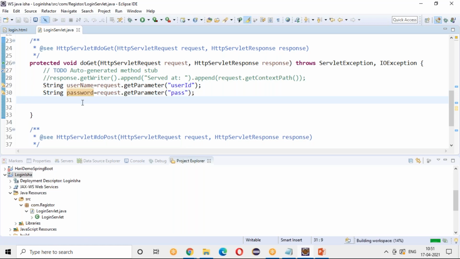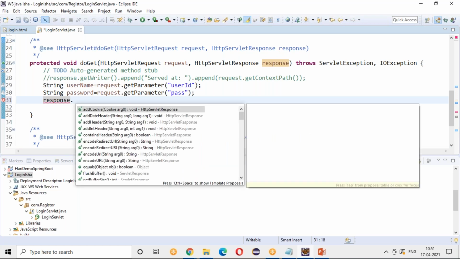So I just want to send this back to the browser, right? For that I need to use a response object. Generally I will be checking it in the database, but as of now I'll just send it back and see how things work. After this, we'll connect to the database and check and send success or fail.